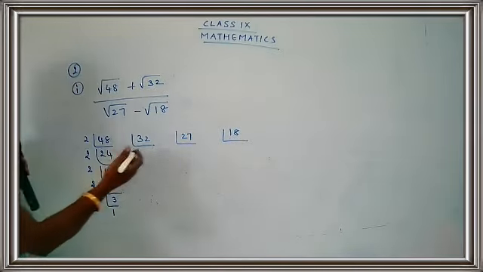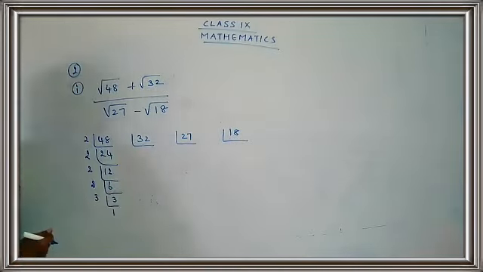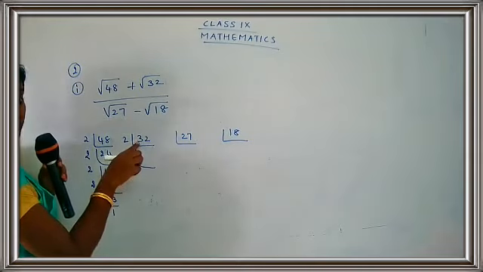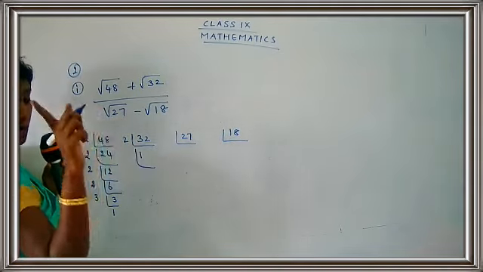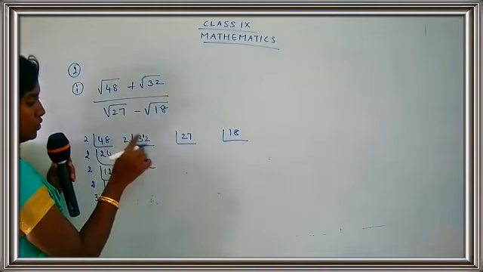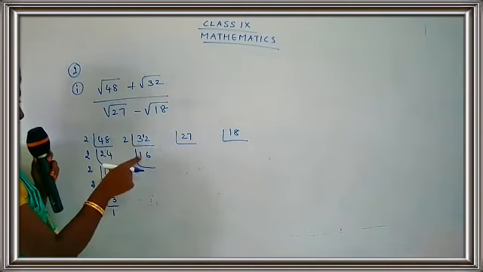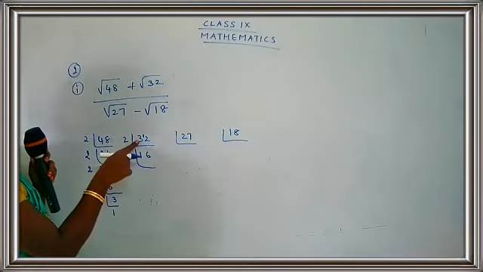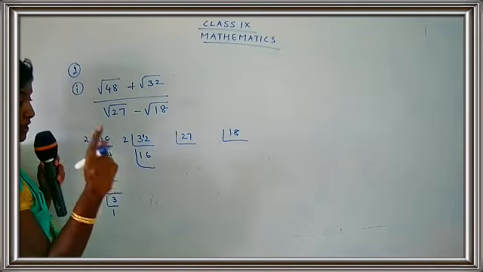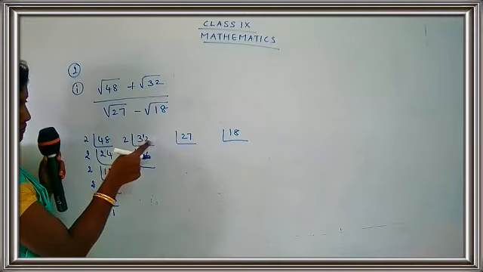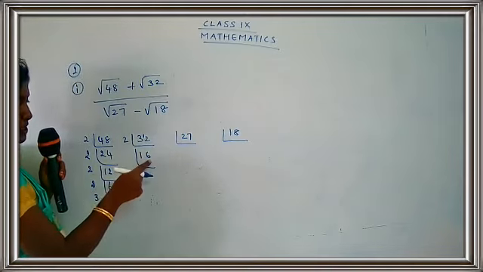The last digit is 2, so the number is divisible by 2. 2 ones are 2, 3 is over here, so 3 minus 2, 1 is left. So just put 1 here. 2 sixes are 12. Are you clear, children? I am just doing it directly. 2 ones are 2, 1 is left because here 3 is there and we have just taken 2. So 3 minus 2, 1 left. Put 1 before the last number, so you get 12. 2 into 6, 12.